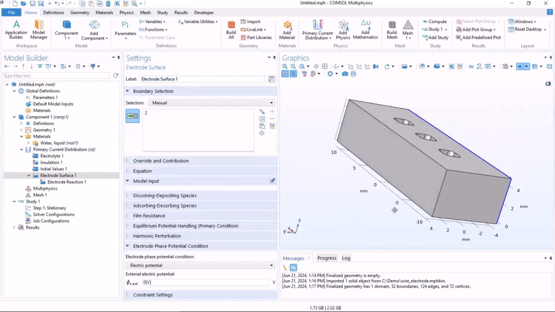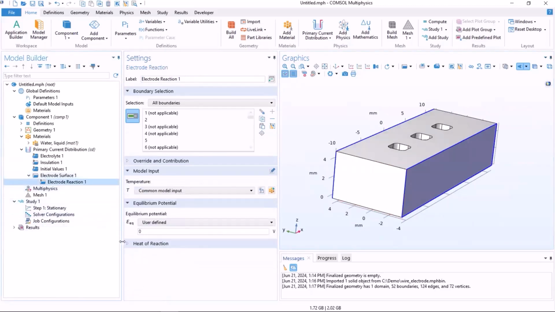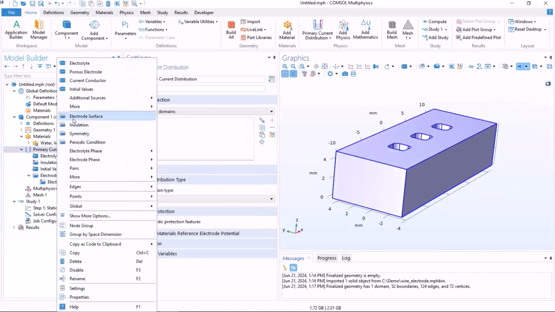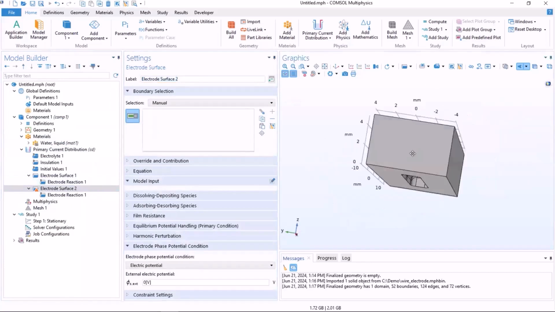Then I select the two cathodes that we have. So they are on the outside. Then we specify the electrode reaction equilibrium potential, and we're setting that to 0 volts for this case. But depending on different materials and metals that you have, you might want to change this. But it's of course relative to some reference electrode that you want to use. So I'm setting this to 0, and then I'm going to do another electrode surface for the anode that's located